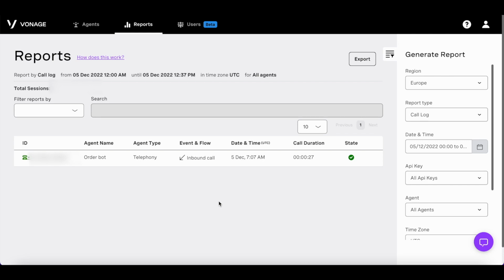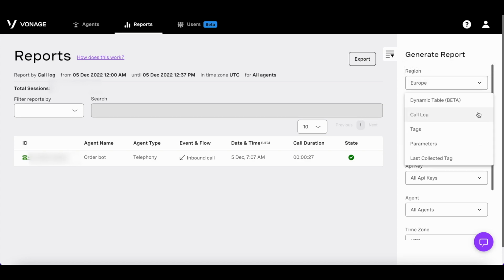Once your agent is live, Studio offers you multiple reports so that you're able to optimize your virtual assistants to fit your user needs. On the reports page, there are multiple parameters you can sort your reports by. Region. You can sort out your agents by the regions they serve. You can choose from Europe and the United States.